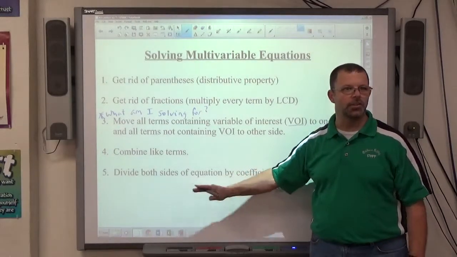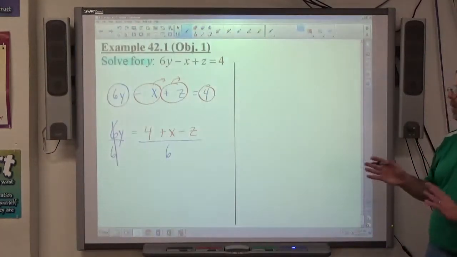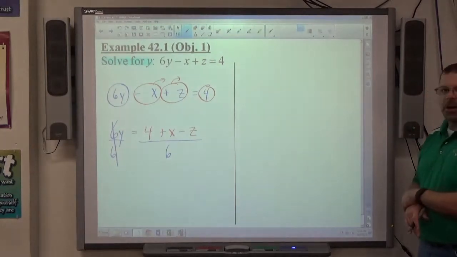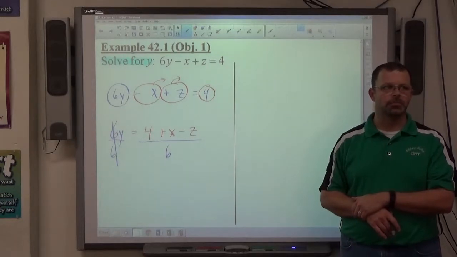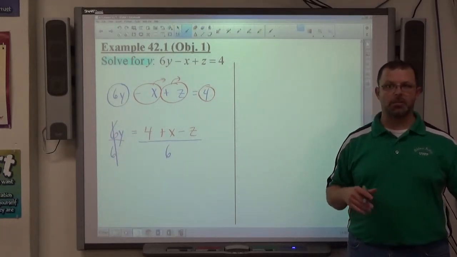So I went straight to the division step, step 5. Amber's question about reduction. Can I reduce that fraction is the question you ask yourself. Now here's how you decide whether or not you can reduce a fraction. It's real simple. It kind of goes back to what I just mentioned at the beginning of class with that